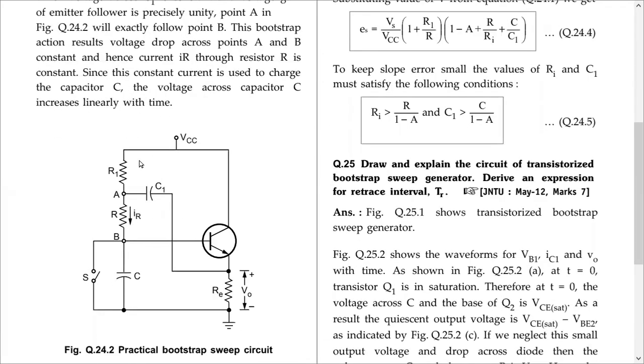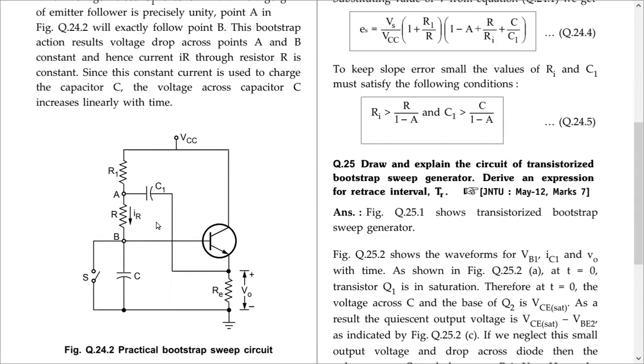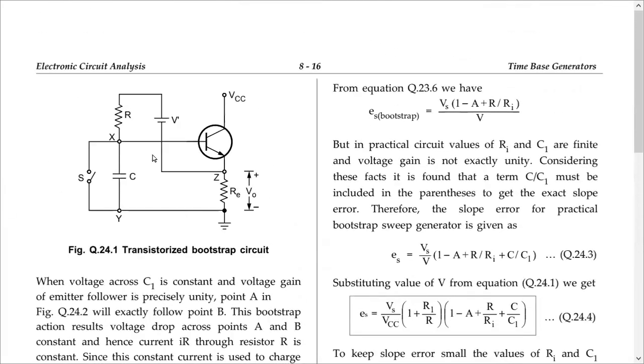Okay, and as a designer, we have to take care that it doesn't discharge sufficiently, so that it maintains the voltage across itself constant. And again the same technique, okay, again the same technique we have here, that is, the base is connected to point X, right? Emitter connected at point Z, emitter follower, whatever the voltage we have here, we get here, right?